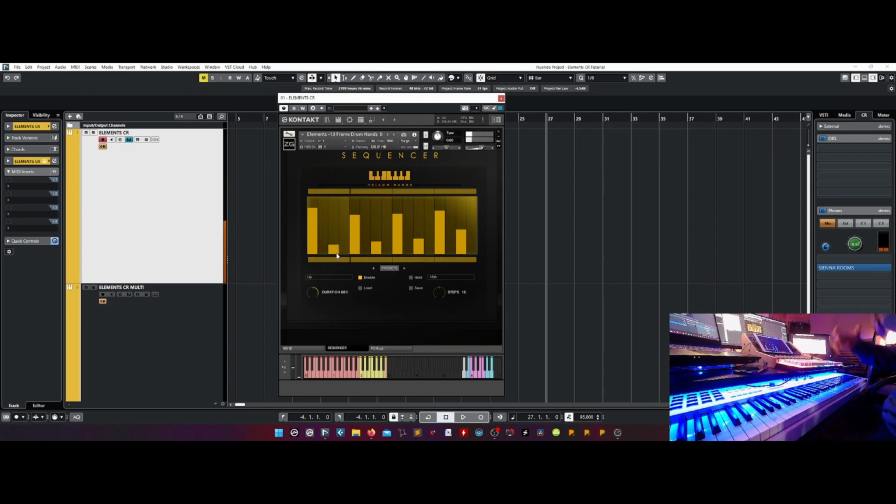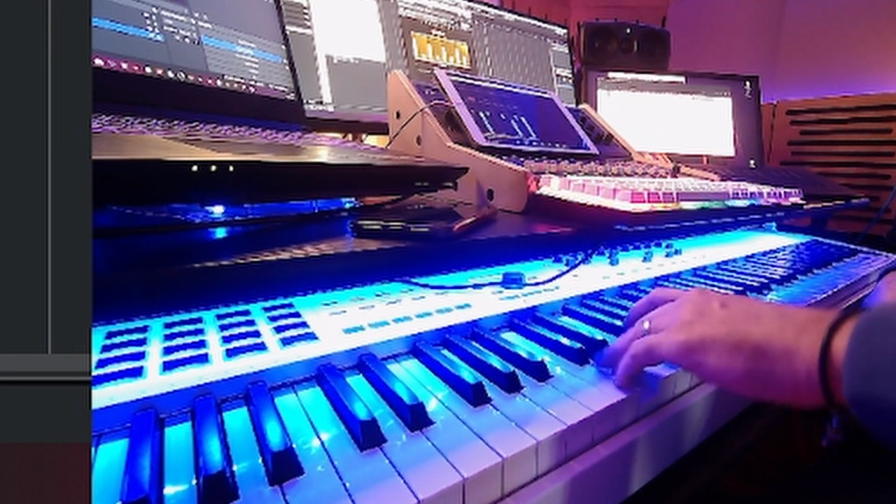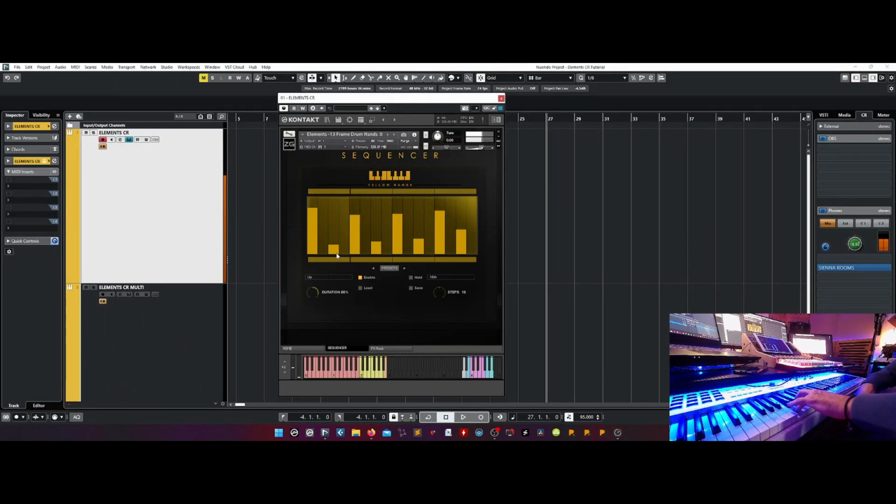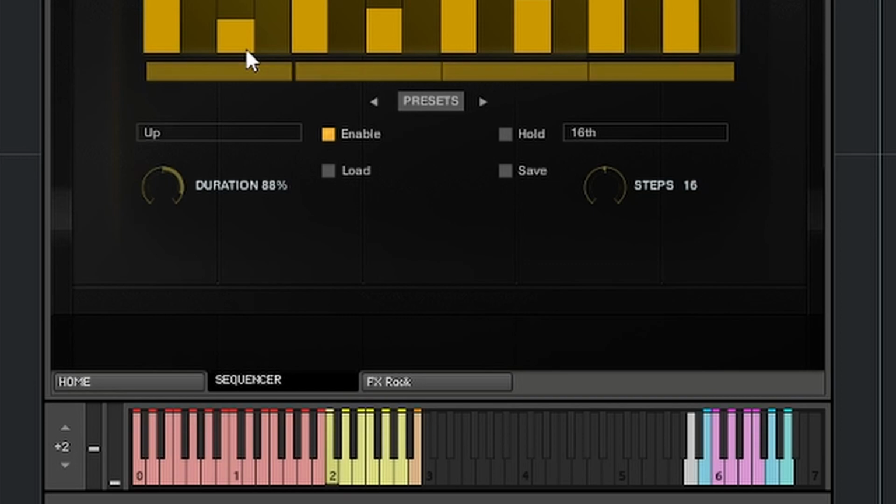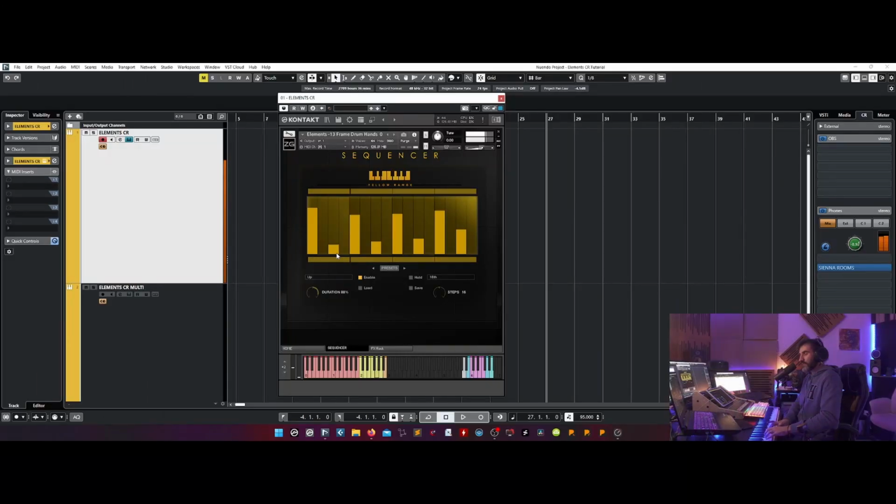So if I want to create a modulation in the dynamic level, I have to change the note. Okay, and I think it's really creative.